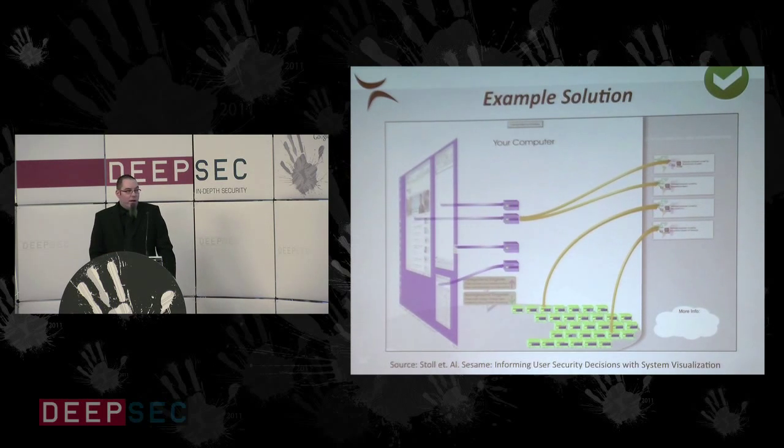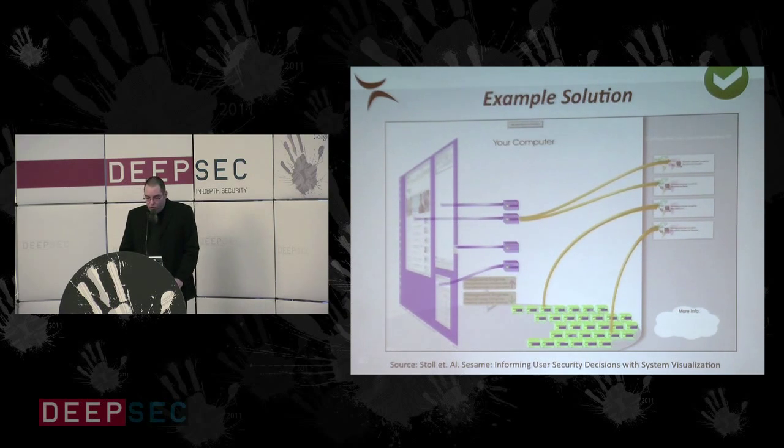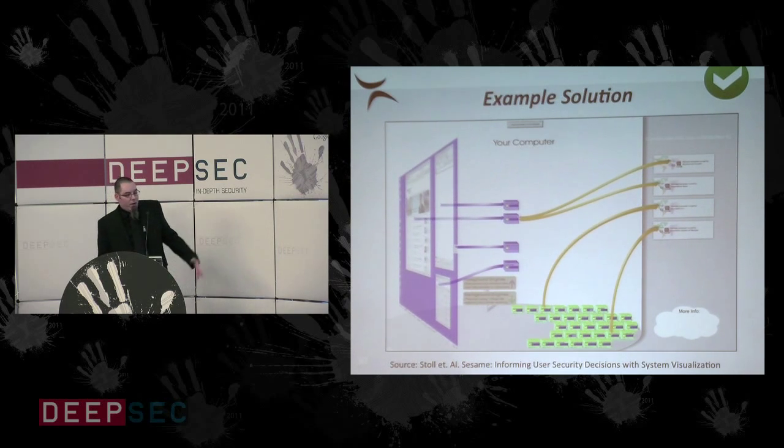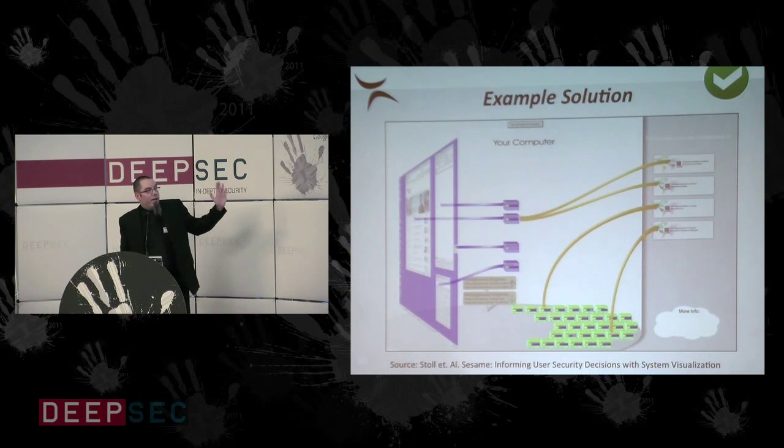There are some people having done some investigations on this issue. Just to provide you a small example how things can get better also. This is a screenshot from a research prototype. What happens here? I'm sorry, it's only a screenshot. The animation would be better. What this guy has implemented is, instead of just having a pop-up like allow deny for a connection,